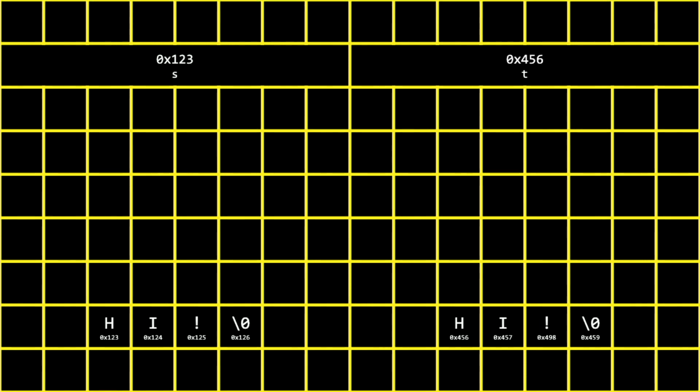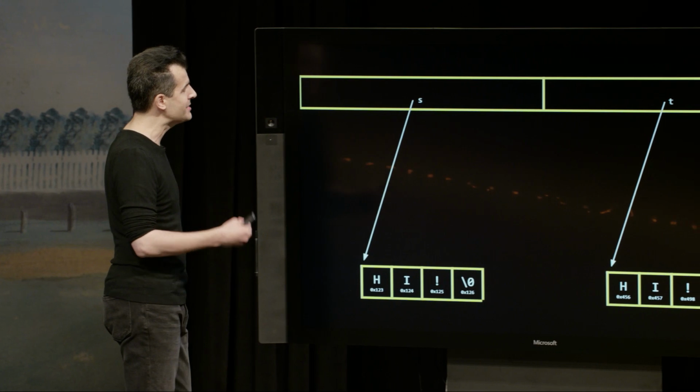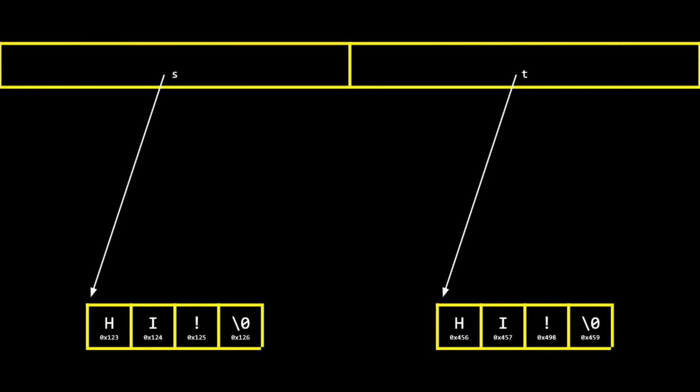And now at this point, honestly, we're really getting into the weeds. Let's just start abstracting all of this away and use arrows to point at the values. And indeed, these arrows just represent pointers when we stop caring about the particular addresses. So s is really just a pointer, a variable pointing at the first character of hi here. t is just a variable pointing at the first character of hi there.